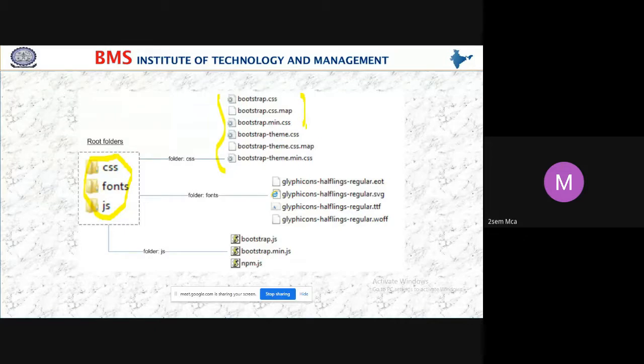When you download Bootstrap from the internet, remember that the zip file should contain three folders: CSS, fonts, and JavaScript. JS is nothing but JavaScript. The CSS folder contains these files, the font folder must contain these files, and the JavaScript folder contains these files, students.